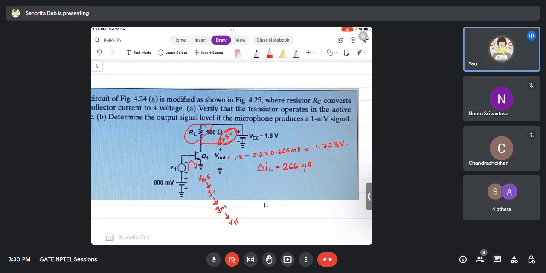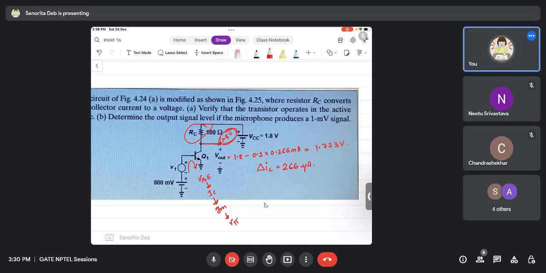Okay. So let's say there is a microphone here, so there will be a speaker at output. So this is how the questions may be framed. 1 mark questions can be easily framed in this way. They won't be asking you in 2 steps, they will directly say that determine the output signal when microphone produces a 1 millivolt. That's it. So this entire process,